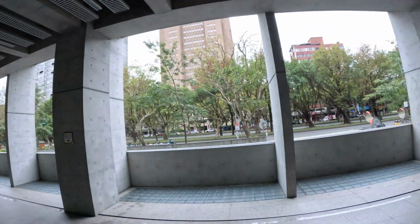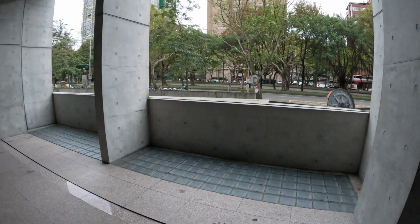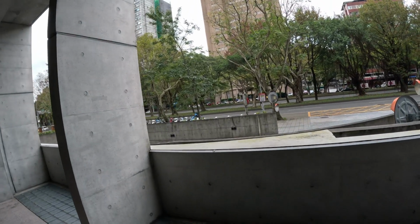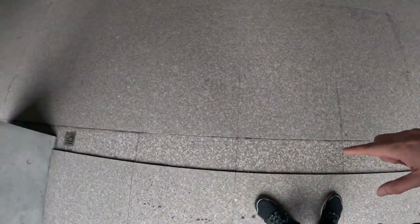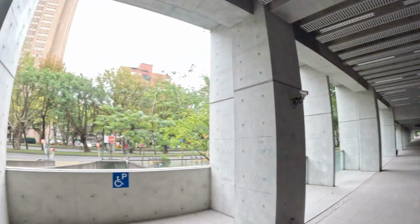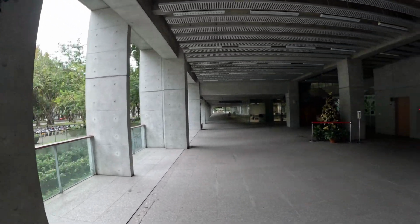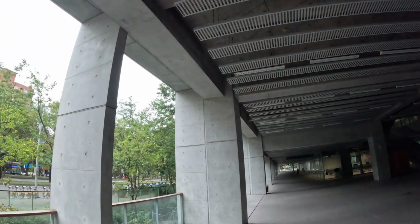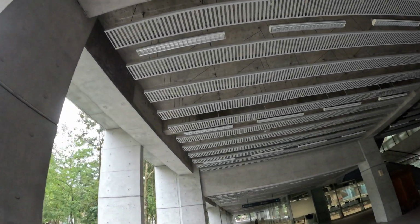So before we go to the Toyo building, I want to explore this area first. I actually like the detailing because, you know, if it rains, you have glass blocks here, and then you have a groove for the drainage. So the flooring is tiled, and then you can see that it's see-through. It's open. And we can argue that this is a Brutalist building with all those exposed wiring,